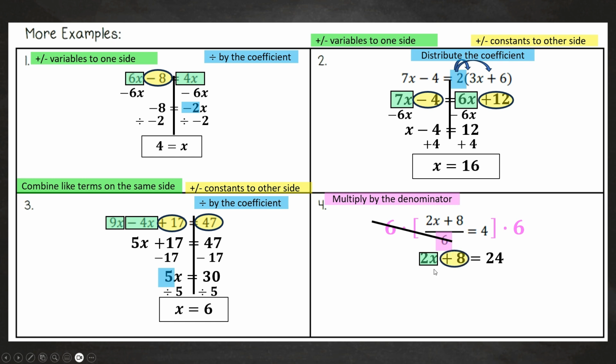Then I can box my variables and circle my constants. So I'm going to move my constant of a positive 8 over